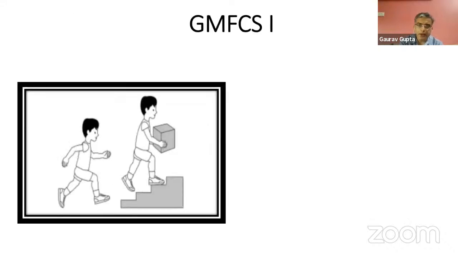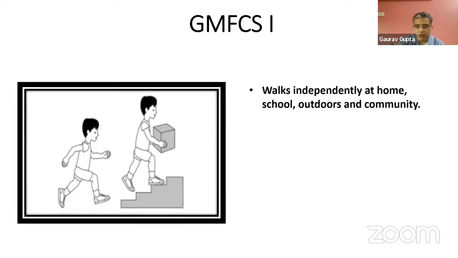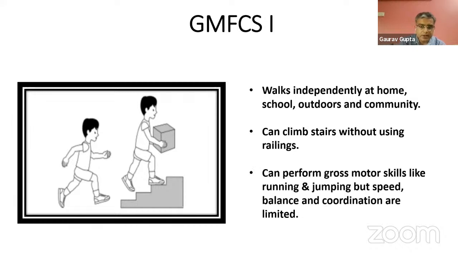So there are 5 grades. GMFCS 1, here the child is almost as good as a normal child. He is able to walk independently at home, school, outdoors, community. He can climb stairs without using railings. The only issue is that he has limited coordination in running and jumping. Whenever he is running and jumping, you can see the difference between a normal child and him. He is not that balanced